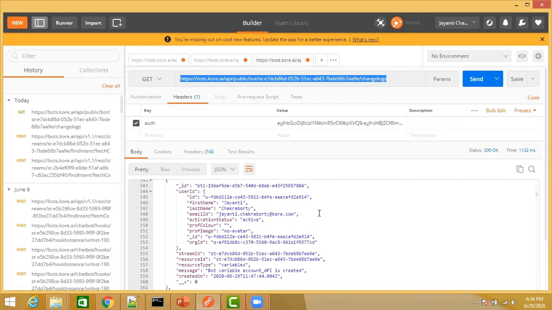Once you have the token, refer to our documentation and see what the API call is. Configure your API call with reference to the server where your platform is hosted and the bot ID which you are referring to using this particular API. Configure the body of the API call and then trigger the call from your external application. I've done it using Postman, but you can use any other application with the APIs that you have enabled here.